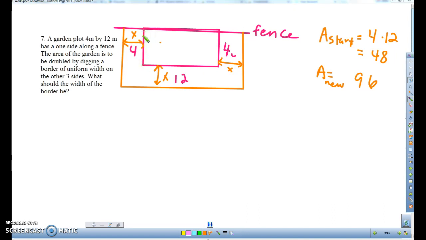This was 4, and I've now added this new X. So now I have X plus 4. And this was